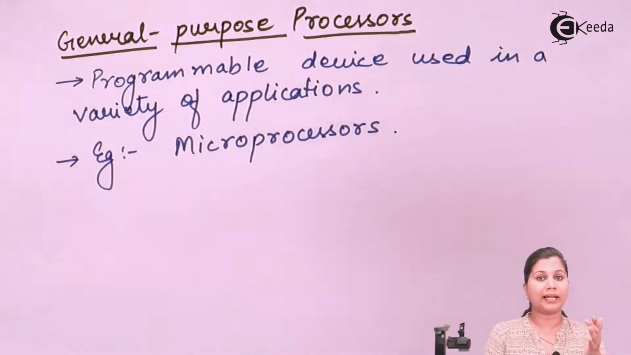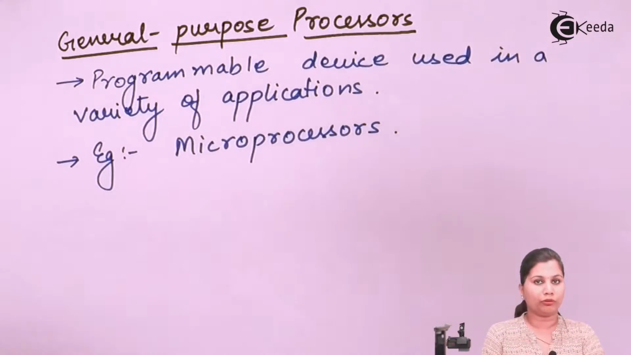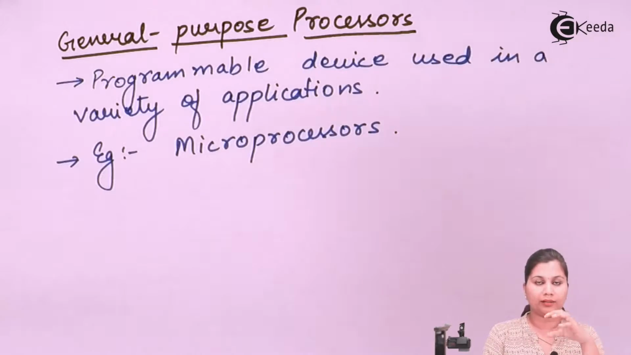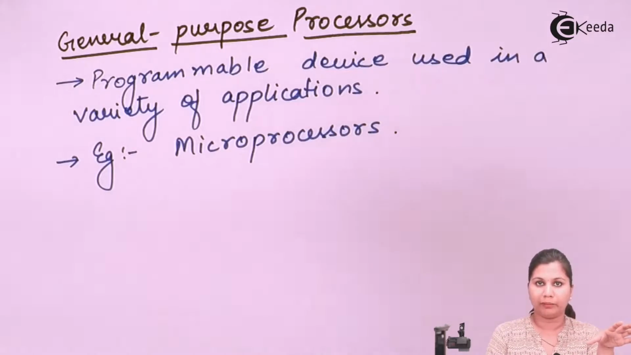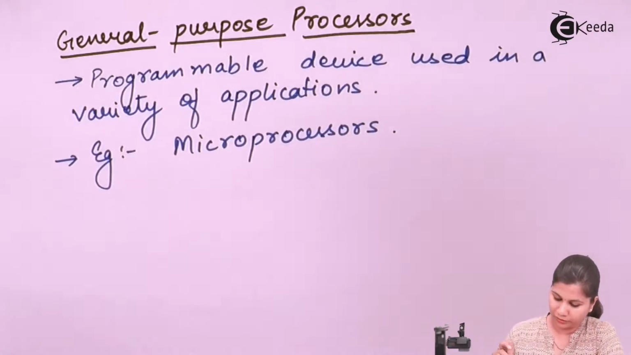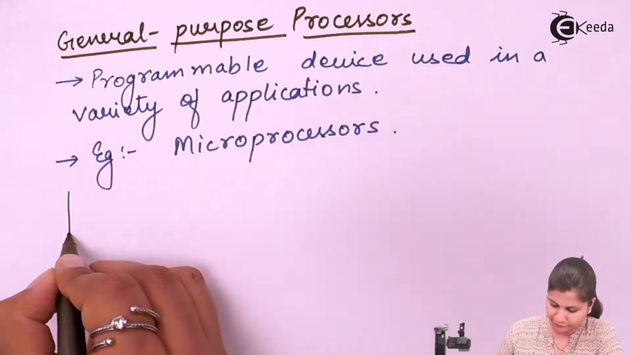At the time of manufacturing of these general purpose processors, no program is stored. After the decision of what function we are using the processor for, according to that we will store the program in its memory. So at the time of manufacturing, it has a generalized memory. If we see its structure, then it will have